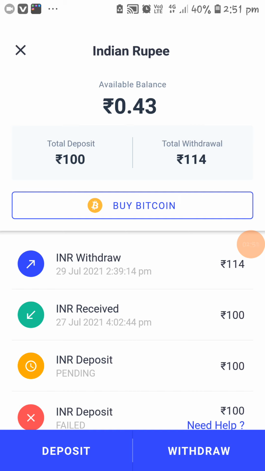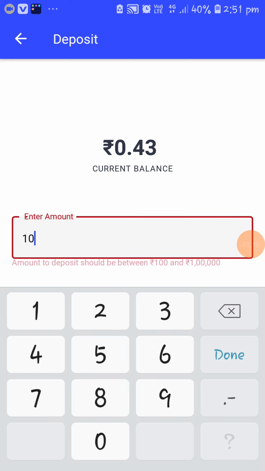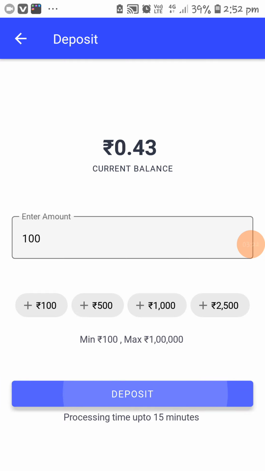The minimum amount is 100 rupees. For example, I am going to deposit. Click on deposit. I am going to add the money. For example, I am going to buy with just 100 rupees. Click on deposit, and I am going to transfer 100 rupees from my bank account.